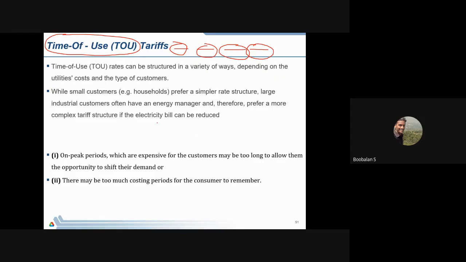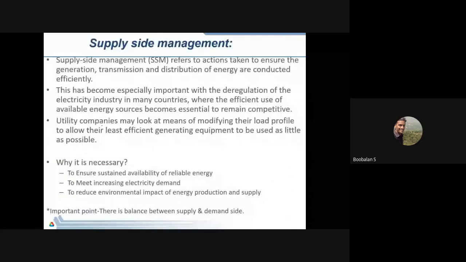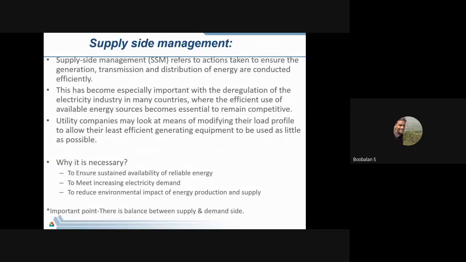And for real-time processing, we'll have an online metering system, so definitely we'll have real-time data and awareness about my hourly consumption. Real-time rates are based on the marginal cost of supplying electricity, and they vary hour by hour. We could have hourly data, so we will have more awareness about my electricity consumption. It will help you manage your electricity energy consumption devices, and we maintain our electrical equipment to run in a smooth and optimal manner.